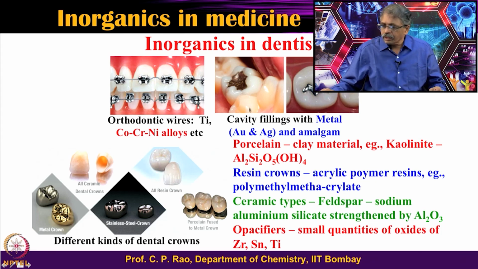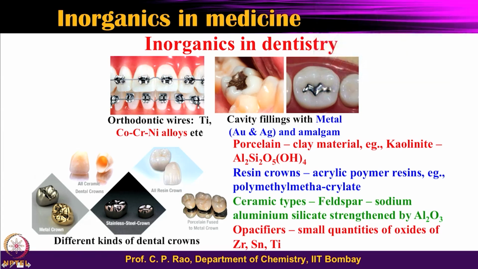So, when coming to the dental treatment, we know very well people use wires to control the growth, to control the protrusion of their teeth. And you know that kind of thing. So, these wires, people use caps for the teeth. So, these are also made of metal. So, the metals like titanium, they are mostly alloys, cobalt, chromium, nickel alloys in different combinations. These are used mainly for making the orthodontic wires. They are also used in making a large number of caps, etc. Cap part will come in a while,